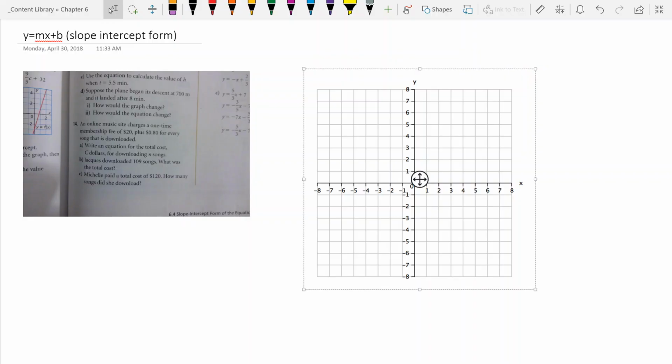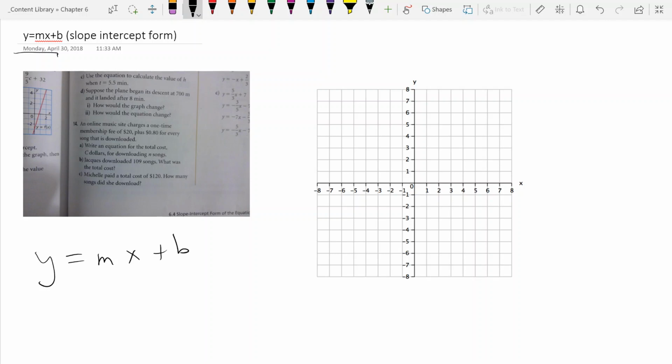All right, for this lesson, we're going to look at y equals mx plus b, which is also known as the slope-intercept form. The reason it's called slope-intercept form is because whatever the m value is, that's your slope, and whatever your b value is, that's your y-intercept. Okay? So for example, if I had an equation like this,